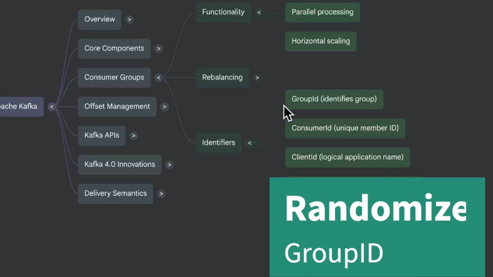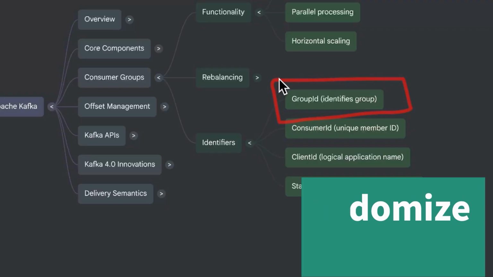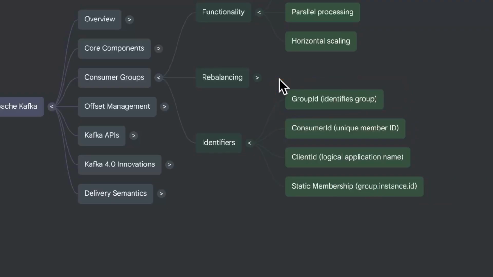you can randomize the group ID so that every time your test runs, it creates a new group and new consumers to process the messages. And you have other consumer IDs, client IDs also in Kafka, but the most important bit is the consumer group ID. Okay. So in this video, this is a very short video, we learned